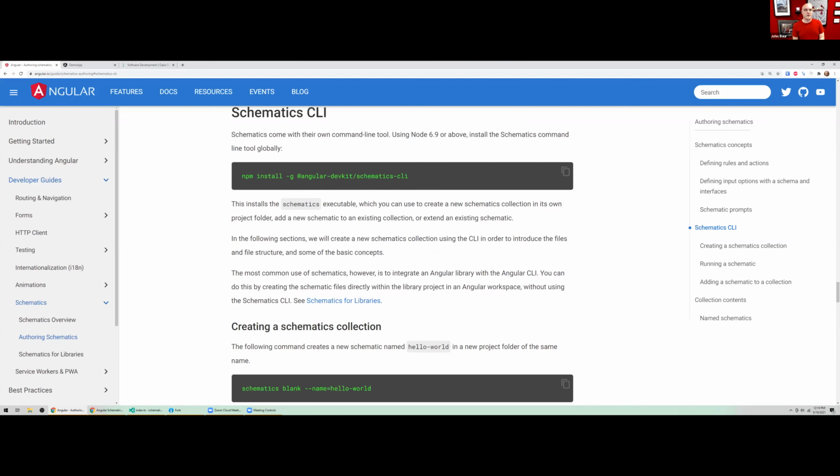So I'm going to switch over, show the docs for a minute, because this is just the commands that we need to run to get set up. So the schematics are provided separately from the rest of Angular. If you want to work with schematics, you need to do a global install of the schematics CLI. Once that's installed, you have an easy command line, schematics blank, and then you give it the name of the